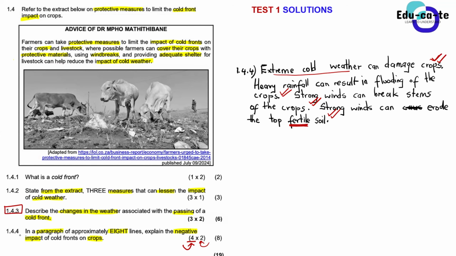So, soil erosion can wash nutrients away for the crops.